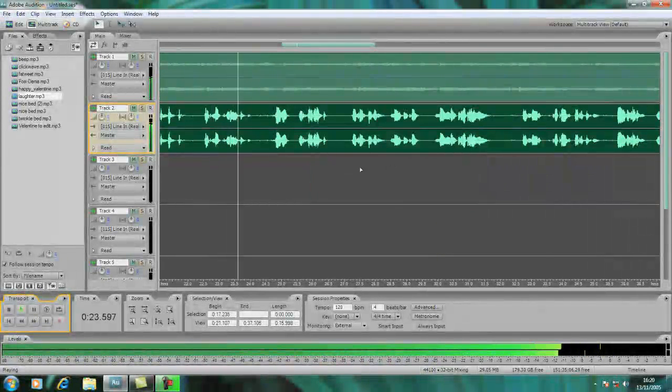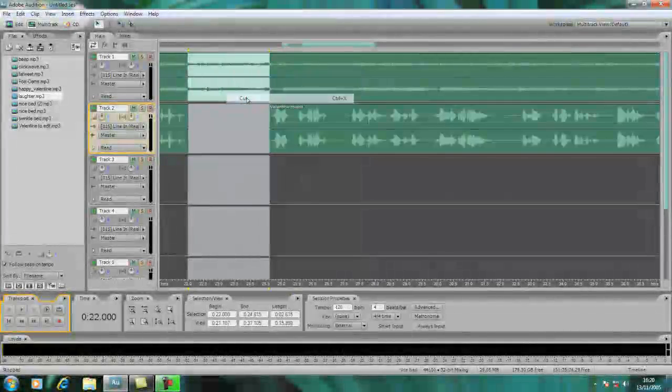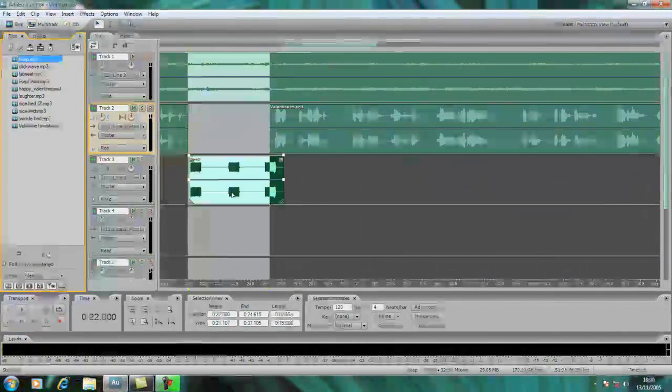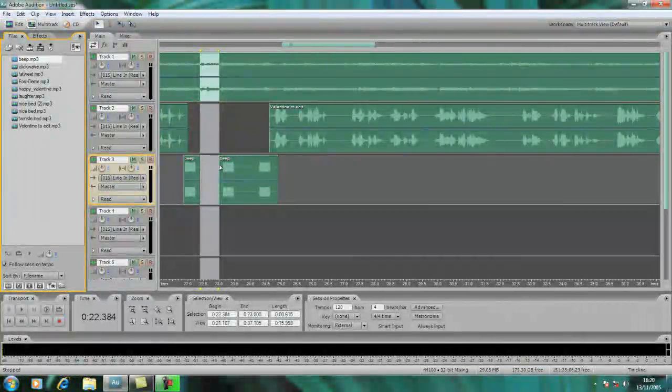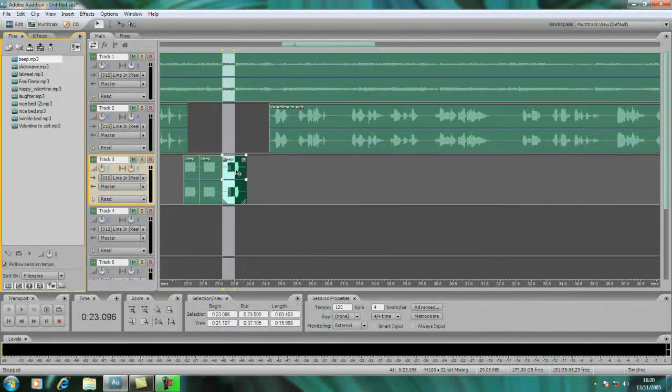Put beep sound effect. Yes, I put beep sound effect, so I remove that voice that is telling me what to do, and then I bring the beep here, and you see the beep is a bit bigger. I can edit it, just to make it a little bit smaller by hitting delete. Yeah, and then drag it close again. You can hit that delete again, which is the same as cut, and then bring it so close. And then if I play it,